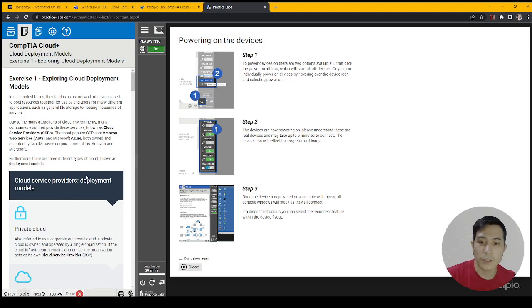So, exercise 1, exploring cloud deployment models. In its simplest form, the cloud is a vast network of devices used to pool resources together for use by end users for many different applications, such as general file storage to hosting thousands of servers. Due to many attractions of cloud environments, many companies exist that provide these services, known as cloud service providers or CSPs. Most popular CSPs are Amazon Web Services, AWS, and Microsoft Azure, both owned and operated by two US-based corporate